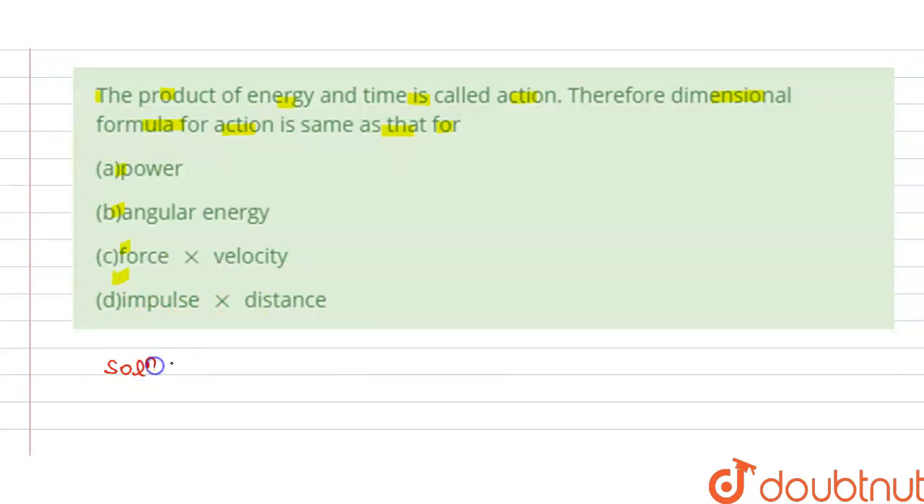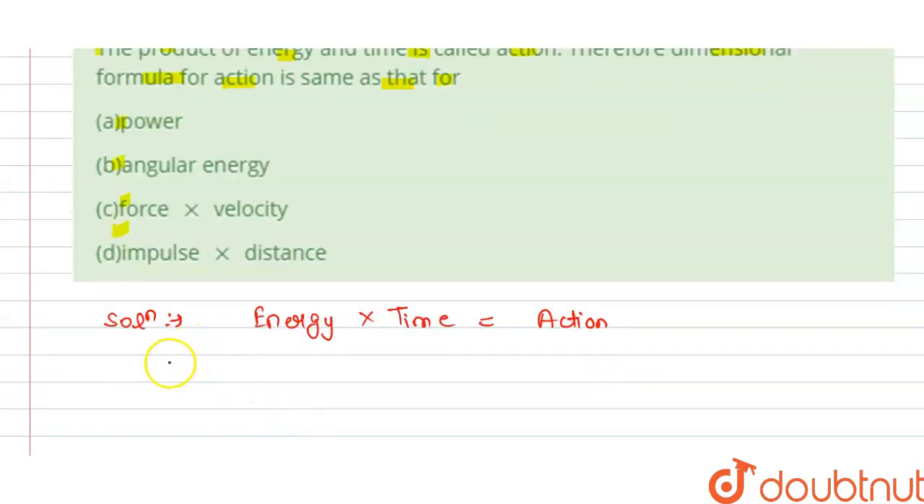The solution of this question: the product of energy and time is action. So we can write here the dimension for energy and time. Energy multiplied with time is equal to action. So we have the dimension for energy into time is,